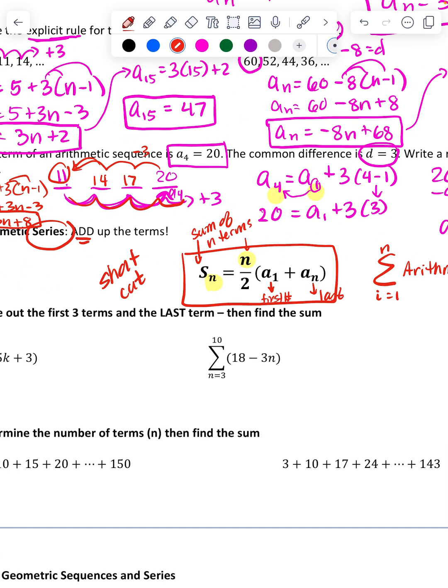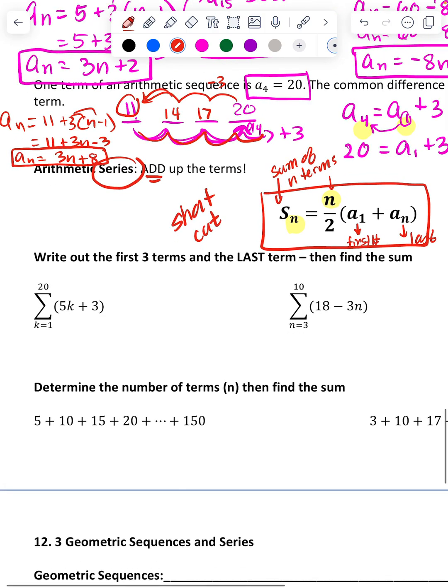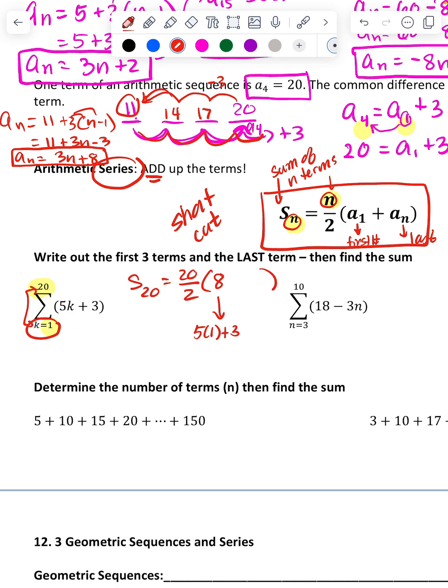So the ones they give us are arithmetic. Let's use the formula. Because like here, I do not want to plug in from 1 to 20. So what I'm going to do is use the formula. I'm adding up 20 terms. From 1 to 20 is 20 terms. And I'm going to then use that 20 up here because in the formula both of those are n's. Now all I need is the number I get when I plug in the bottom. So 5 times 1 plus 3 is an 8. And then the only other number I need